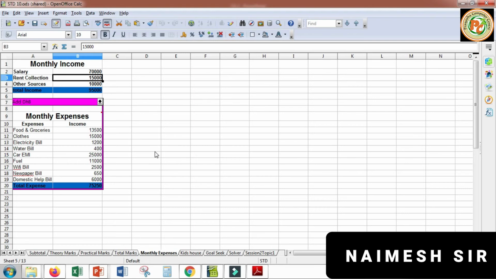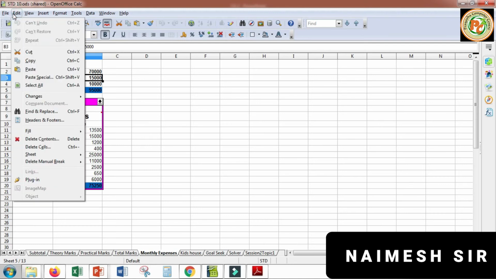Okay, and second, if you want to record all the changes done by the users, you can record the changes and observe them. How can we do this? Click on the edit menu, then click on changes, and then click on record. When the users start modifying your existing worksheet, you can record whatever they change. After recording, you can play it, and you can also accept or reject the changes the user made.